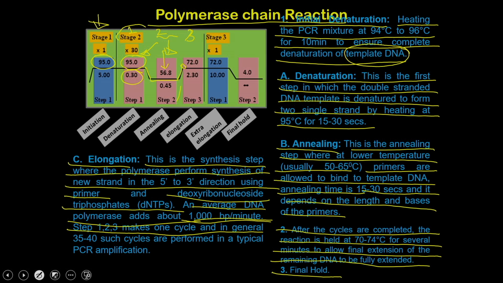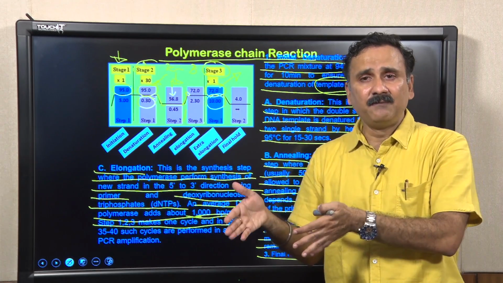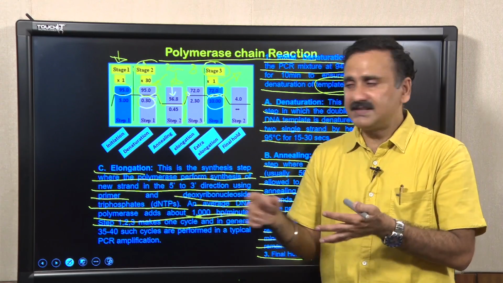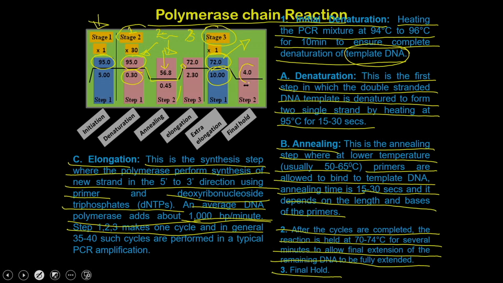So, once stage 2 is over, where you do denaturation, annealing and elongation for multiple rounds, you can enter stage 3, where you do another round of extension, called the extended extension, for 10 minutes. So whatever amplicons in the reaction are not complete by the end of this time will be completed in another 10 minutes, and then you can ask for a hold at 4 degrees for an infinite period of time.